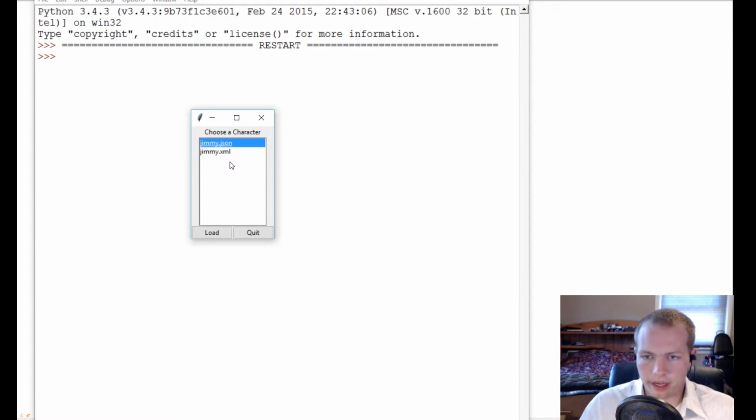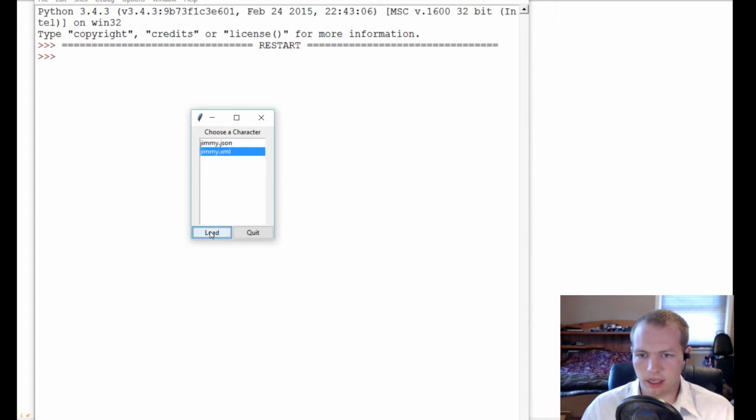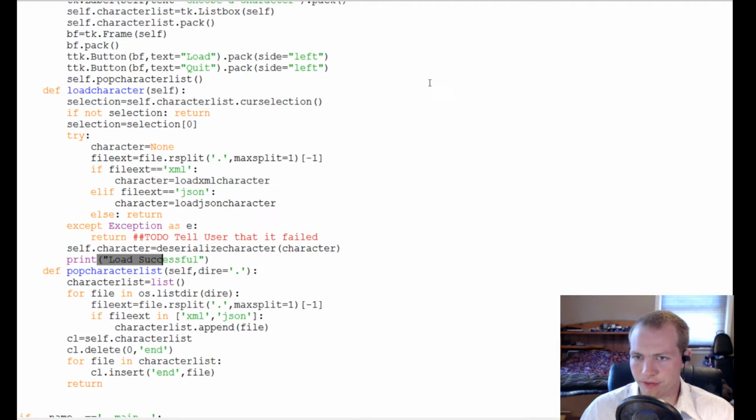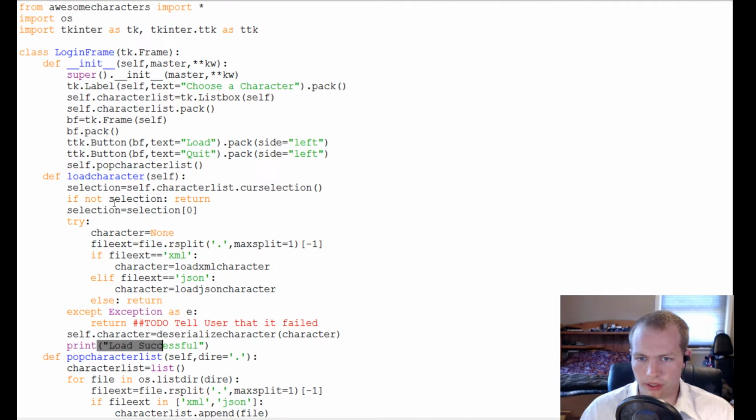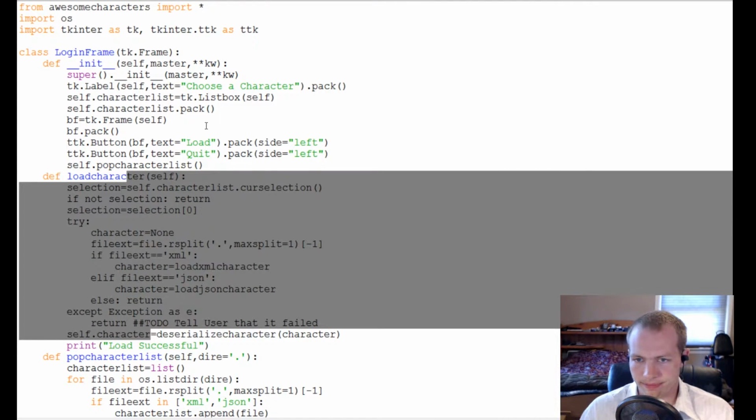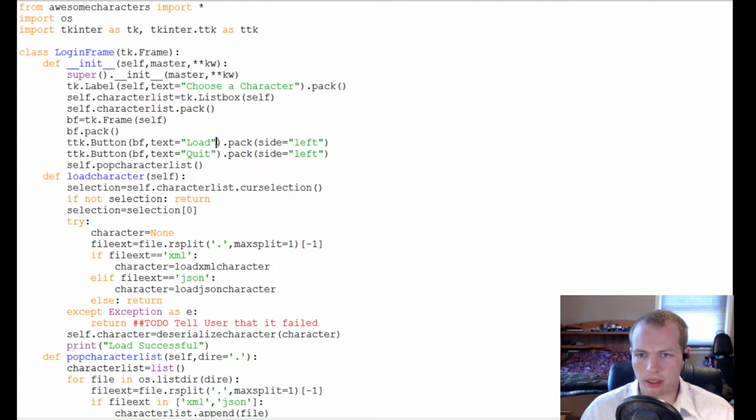So we're going to go ahead and pick the XML character because I like XML better. I click the button and nothing's happening. Well, why is nothing happening is the important question. And the reason for that is because we never did anything to get to load character. So in order to get to load character, we're going to do command